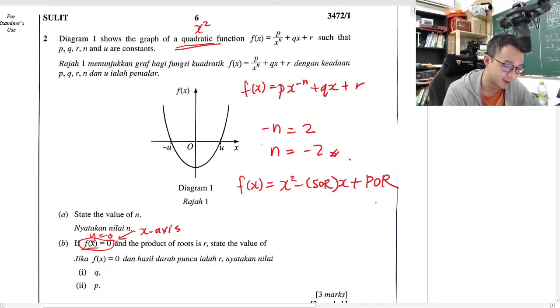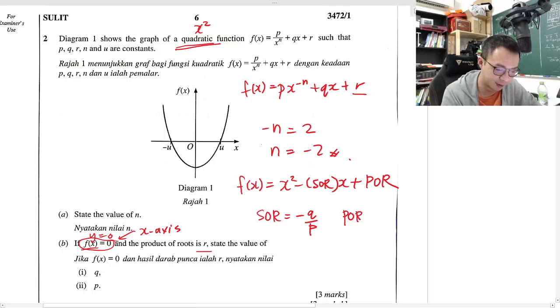So from here the product of root is r, so we can get the r easily. Basically what we know is, let me do the sum of root and product of root also. Sum of root will be negative q over p, and product of root will become